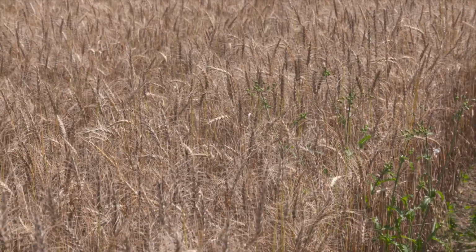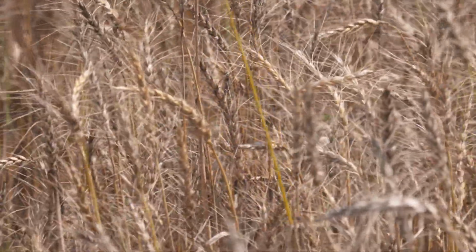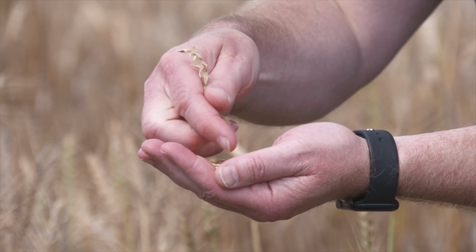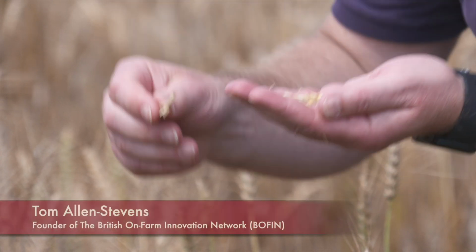This is spring wheat. The variety is Fielder. What makes this wheat different is that it's been gene edited. It's been precision bred to have bigger, bolder grains. And it's part of a project that is multiplying up wheat to bring the first gene edited cereals onto UK